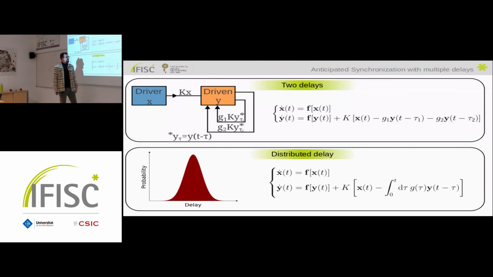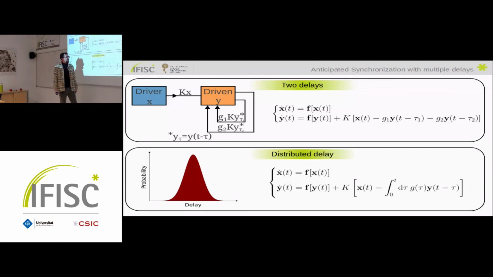And now let's see some preliminary results for a Rössler system again. So here on top, you have what anticipated synchronization will look like in a Rössler system with just a single delay, so we have already discussed. And as you can see, the two variables are just shifted by some time, which is the delay that we have introduced in our model. But if we now use a uniformly distributed delay, we can appreciate some differences.